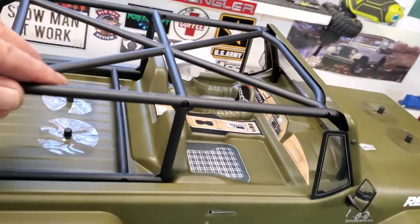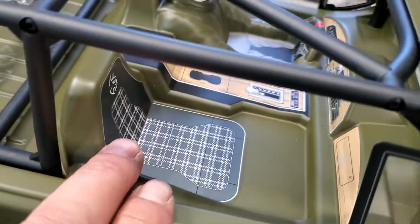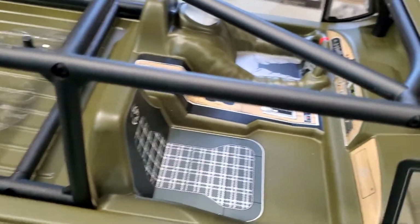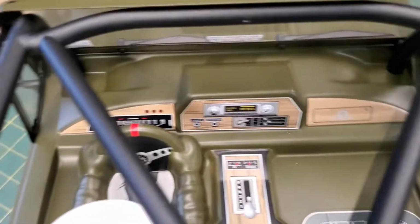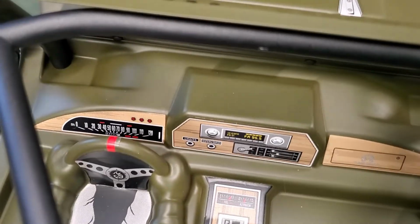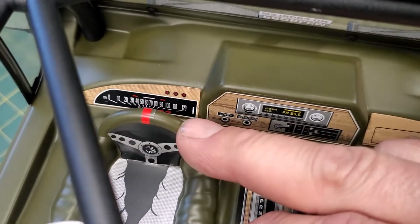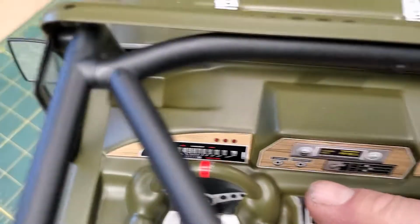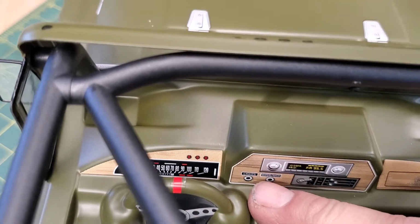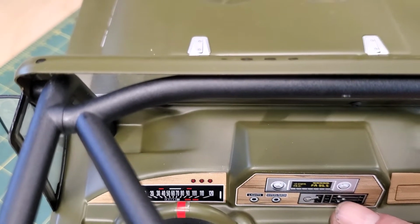Pretty nice roll cage. Of course, that's coming off. And that's getting detailed. But, you know, the old school pattern sticker for the seats. Let's see if we can look down in this dash. It's definitely old school. Look at that with the old speedometer. Your warning lights. What do we got here? Lights, wiper wash, all your heater controls,